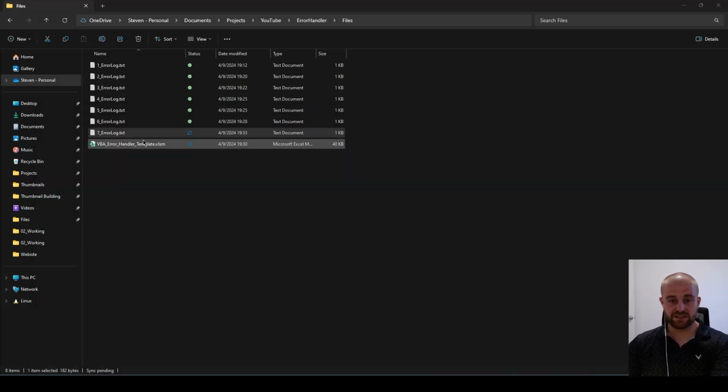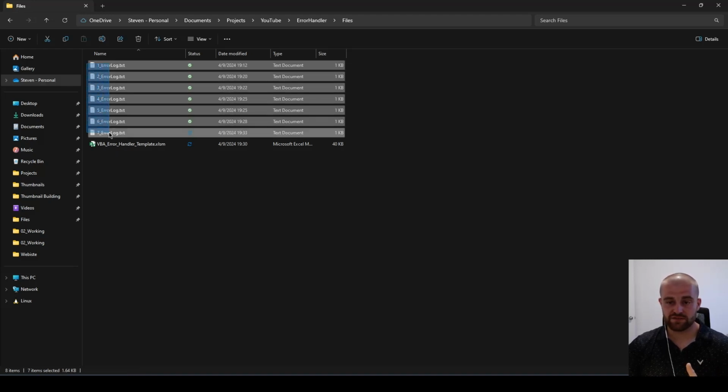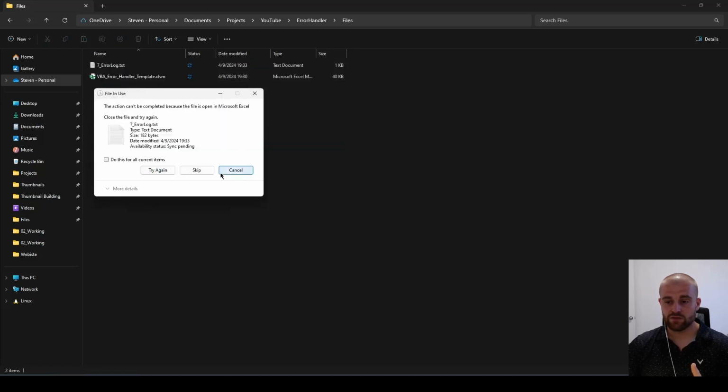Now you can see this is a good point to show the difference between developer mode being false or true. Right now, developer mode is set to false, and you can see our file path that we gave the program is filling up with right now 7 error logs. Now, if I'm the developer and I'm testing over and over and over and I'm running into errors and I know I'm going to hit errors, this could create 100 files depending on how many times you test your program. So enabling the developer mode to true stops these from being created at all, and it only